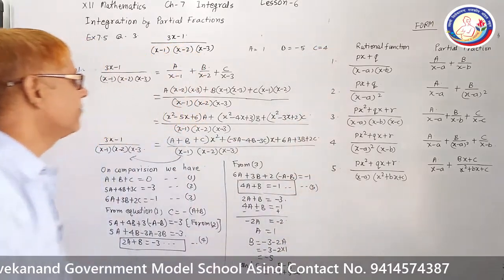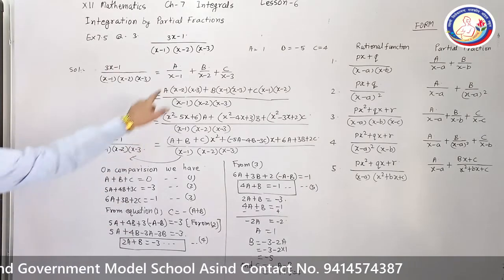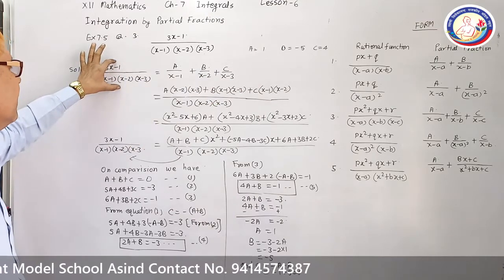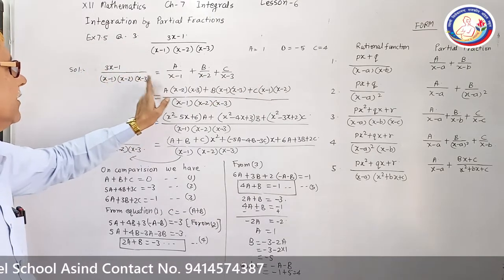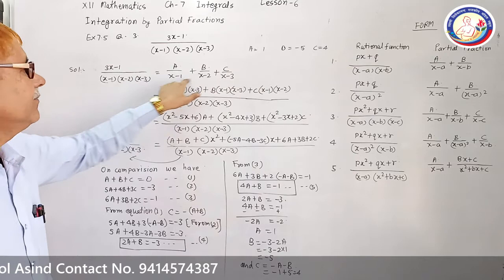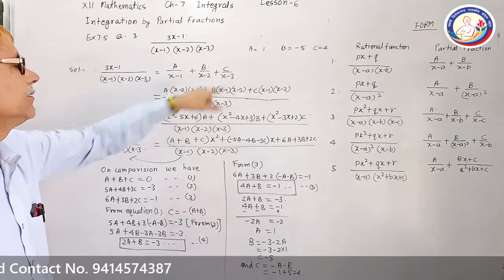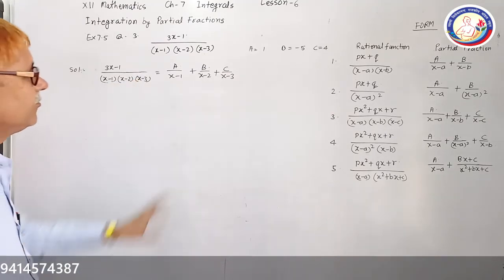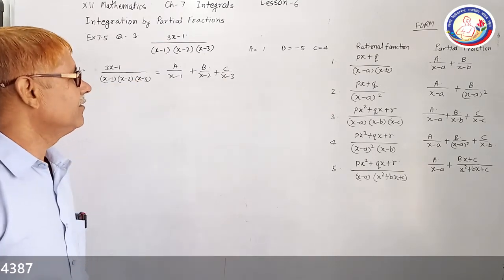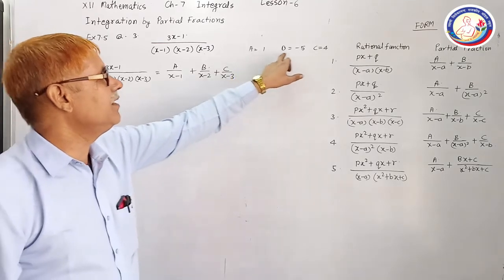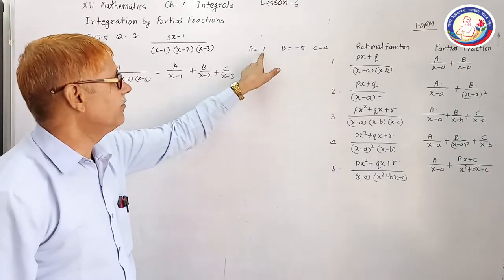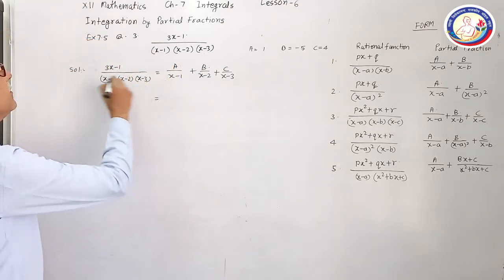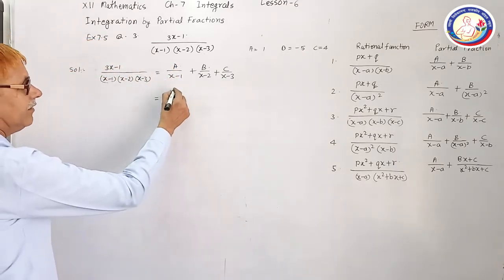These are the three values of constants, and if we put them here, we can easily integrate this function. This function is written in the form of addition of three functions, and we can integrate this and find the integration of this function. Up to this stage, we found the values of A, B and C respectively as 1, minus 5 and 4. Put them here in this function, we will have